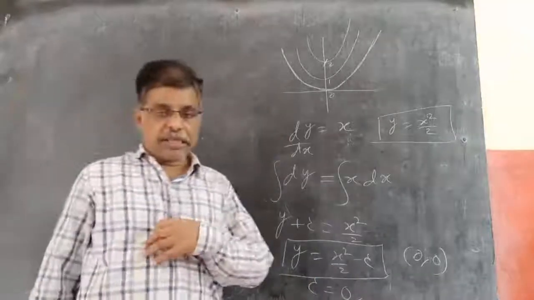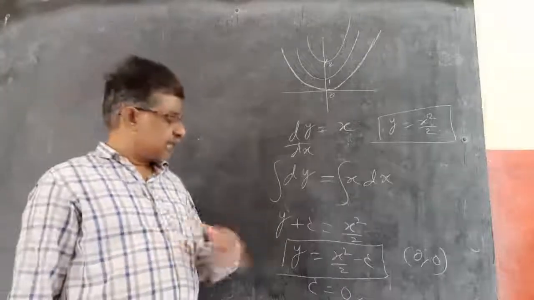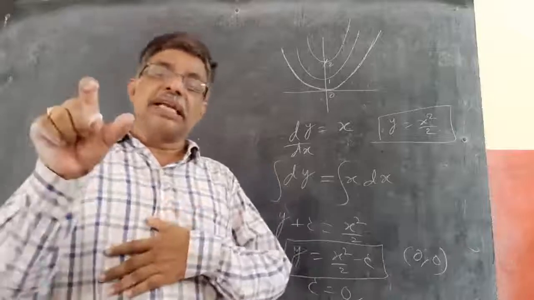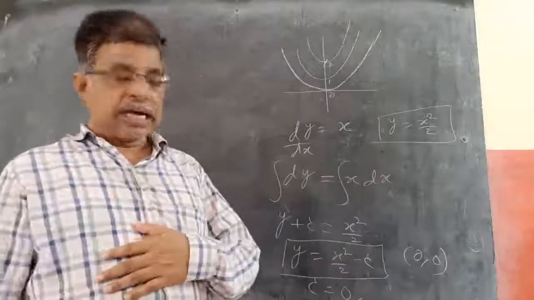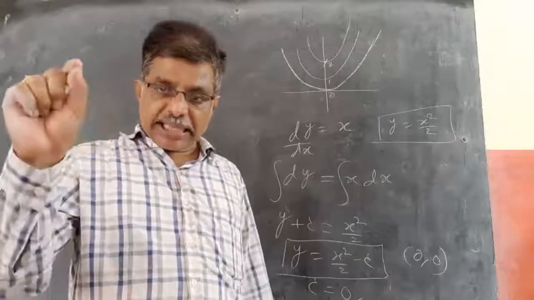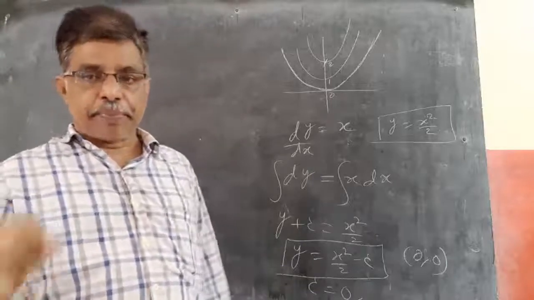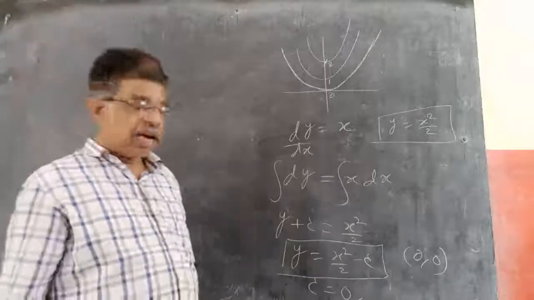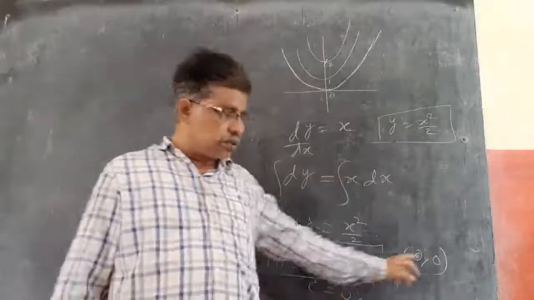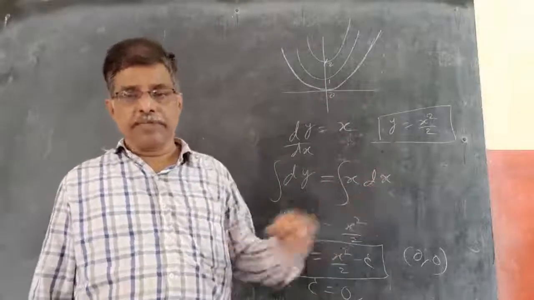General solution means that by solving the differential equation, you will get a family of curves to satisfy this condition. If there is a particular value, it passes through so and so, or there is a particular value for c, that gives a curve which satisfies a particular condition, and that is called a particular solution. This is a particular solution, which passes through the origin. Like that, two types of solutions are there: particular solution and general solution.